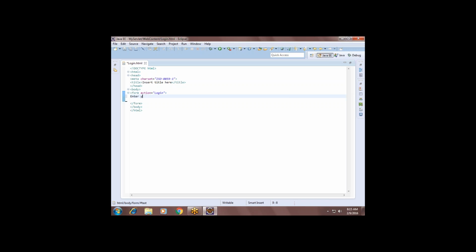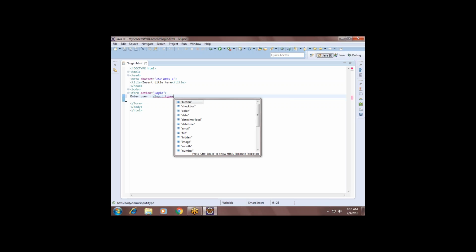Enter user. Input type equals text box. The text box name I am giving is uid.